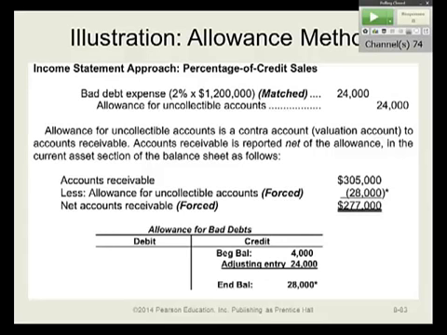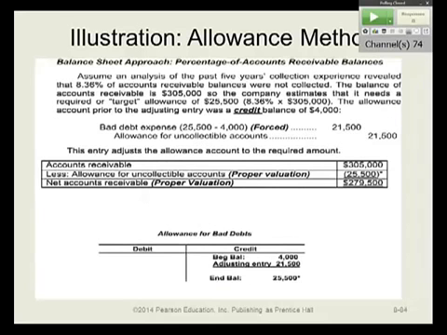I'm now going to assume that based on an analysis of 5-year collection history, you will have a collection rate, or bad debt rate, I should say, of 8.36% of your ending accounts receivable balance. Your ending accounts receivable balance is 305, and 8.36% of that is 25.5. So what you're saying is that you believe that this balance of 305 is not fully collectible. Based on your past experience, you need to have in that allowance account,